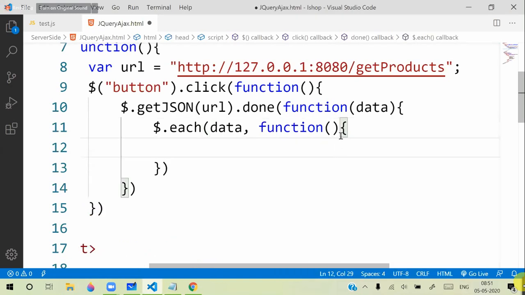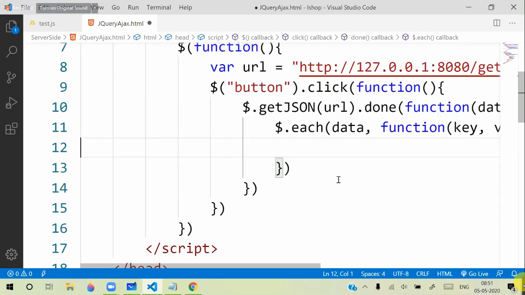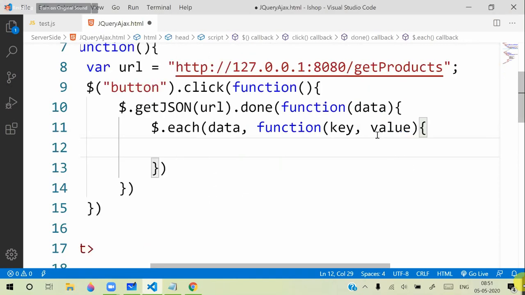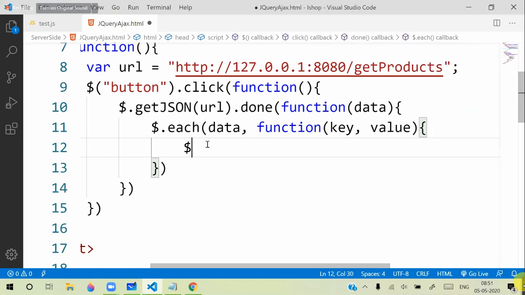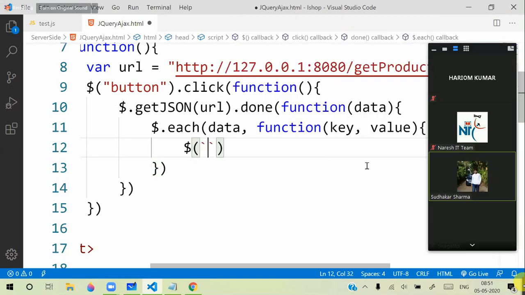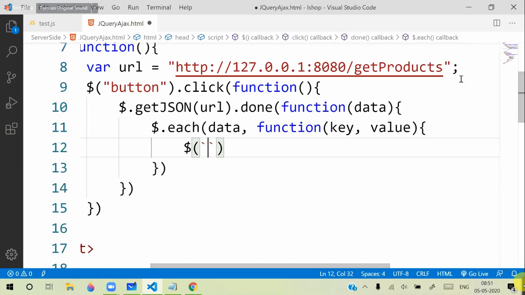In the callback function, that means the data is coming from this URL now, and in the callback function, we already learned how to use getJSON and each. It returns a key, and it returns a value. Now value is nothing but it is returning one product. Okay, that means we need to create here. What are the options we need to create here? One is